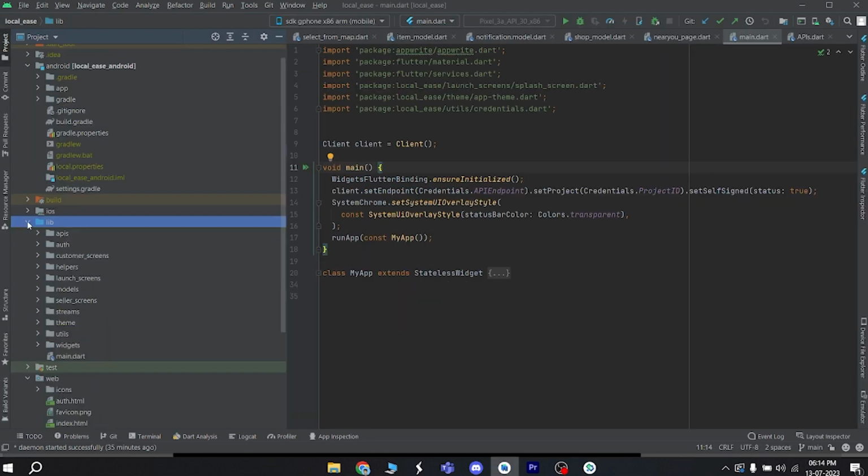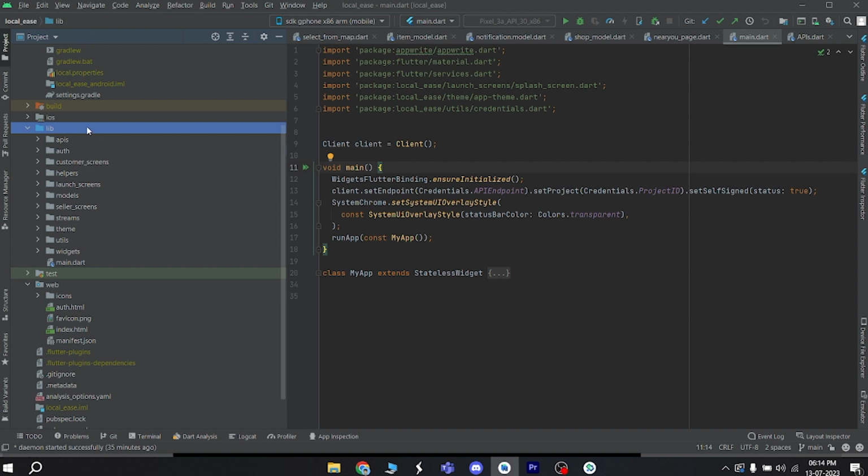So first, let's create different files in our lib directory so that we can split our code into different sections so that it's easy to maintain in the future, and if we encounter a bug, so that we may look into a specific section of the code to fix it. So in the main.dart file, I have my main function here, which is the starting point of the application. First, we want to initialize our AppWrite client.